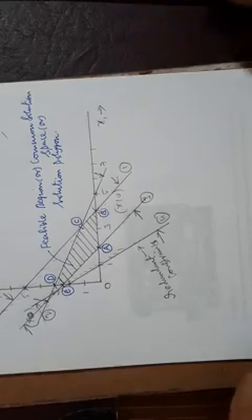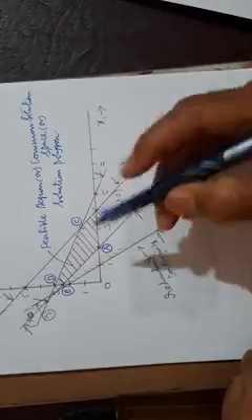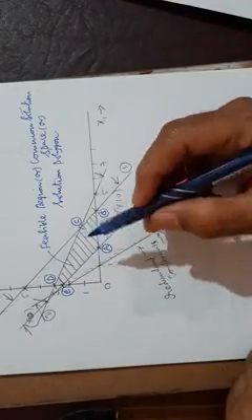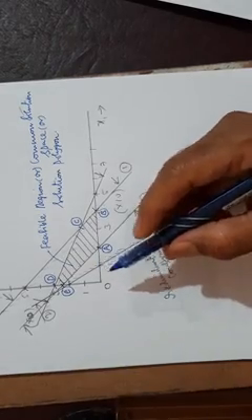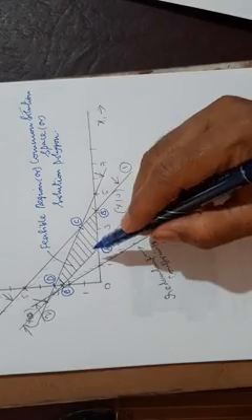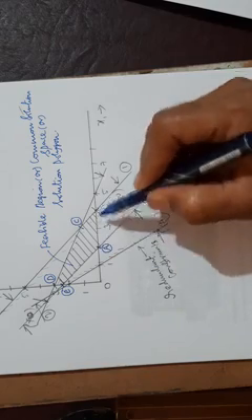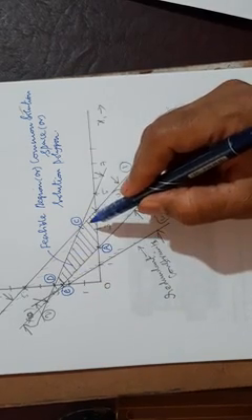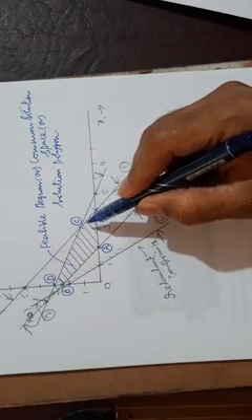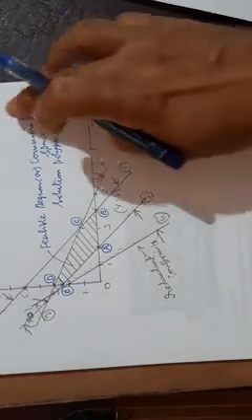But I want to look for the optimum value of Z that should be maximized. Out of these 5 corners, the optimum solution point will always lie at one of these corner points. Is that clear? So for that I need to take each of these points A, B, C, D, E, get the values of the variables x1, x2, and substitute them in the objective function equation to find out where exactly the value of Z is maximum. Okay, is it clear? Now we'll do that.